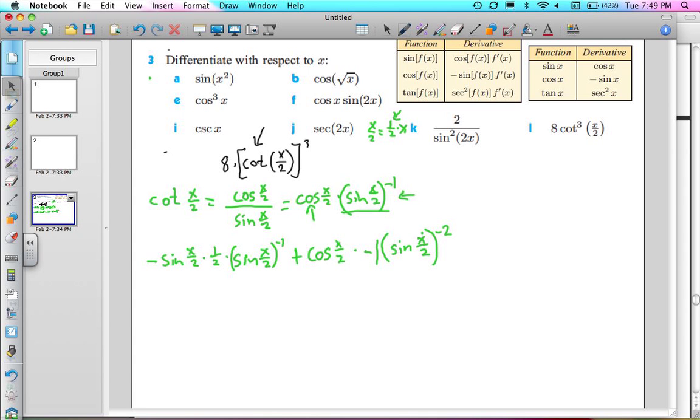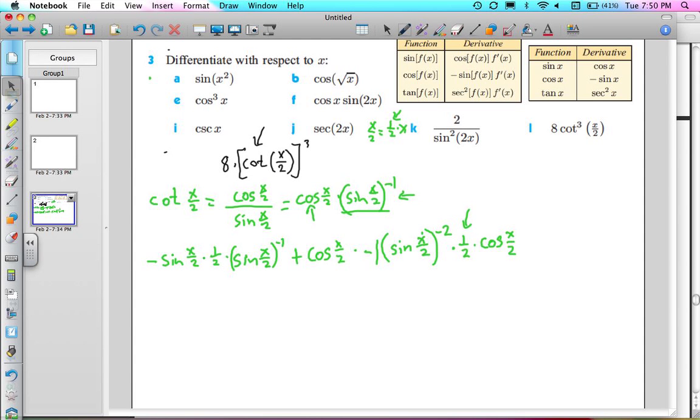So negative 1 times sine of x over 2 raised to the negative 2 times the derivative of what is inside, and that would be times 1/2 times cosine of x over 2. Okay, if you're not sure where this 1/2 came from, remember earlier when we took the